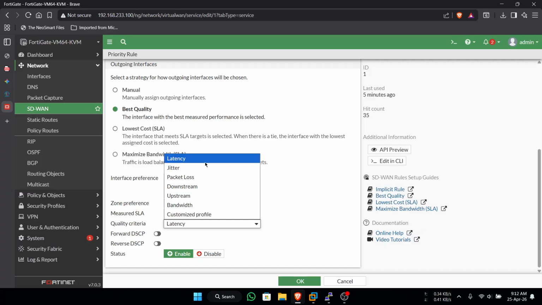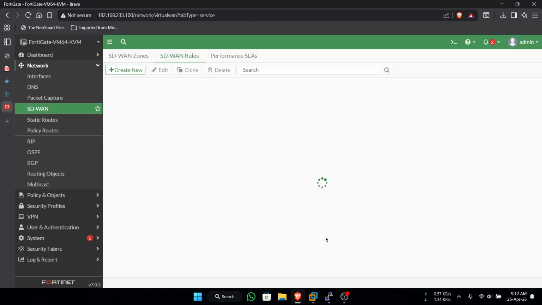Maybe latency, lowest latency or lowest jitter, lowest packet loss, and downstream, upstream bandwidth. So for testing, I will use latency.